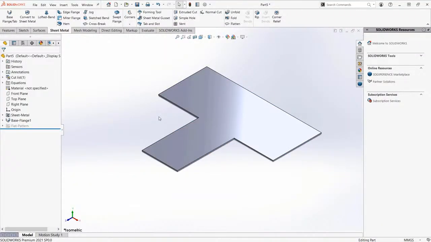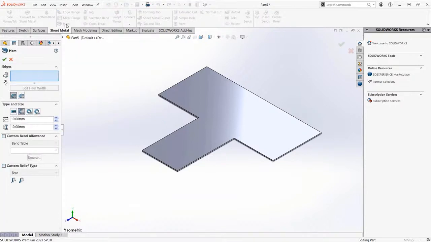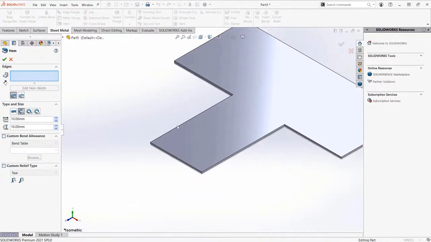Let's discover the hem feature. Okay, so it serves many purposes. One is to improve the appearance of edges, so to remove burrs and rough edges. And the most typical of all is to fasten 2 sheet metal parts. Okay, heading up to sheet metal tab, selecting hem. Prompted to select edges. Let me select this edge,